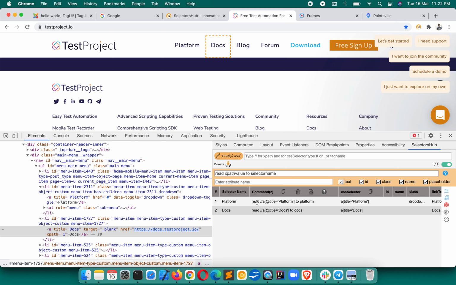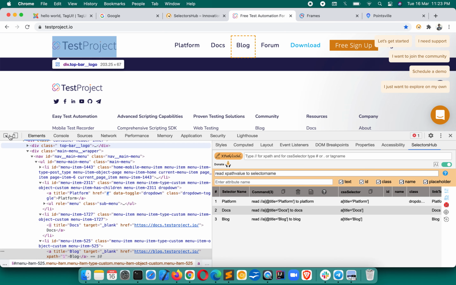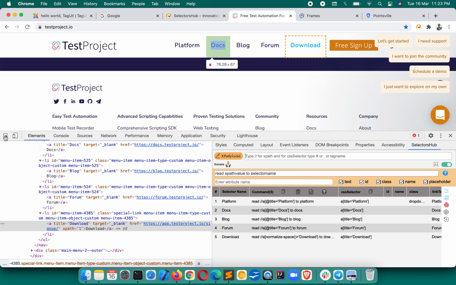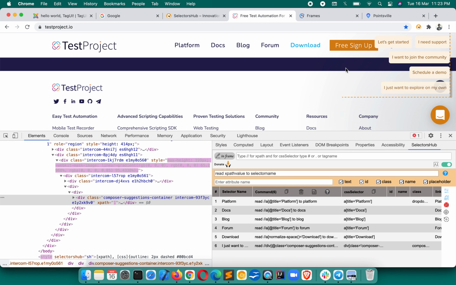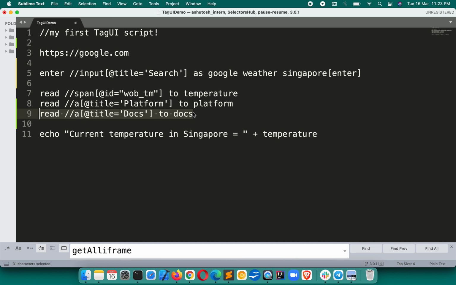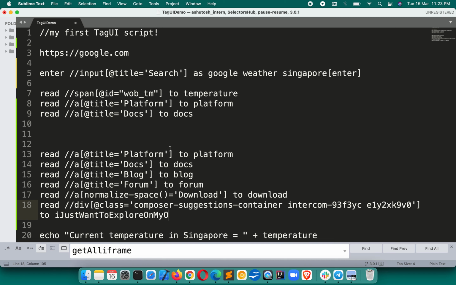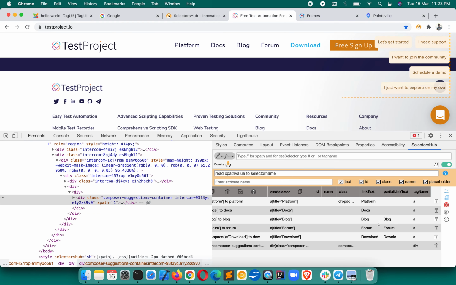You see the magic, that read your XPath and that selector name, read your XPath and that docs, whatever element name, and now inspect all the elements which we want. You see the magic, you got everything here. Just in a few seconds you would be able to complete your script, and you are ready to go. You just copy this, click on this, and here you can paste your script, whatever we have copied. You see that all of them are ready here, and whichever you want to delete, you can. Let's say by mistake you have done something, you can delete that as well, and you are getting each and everything here,